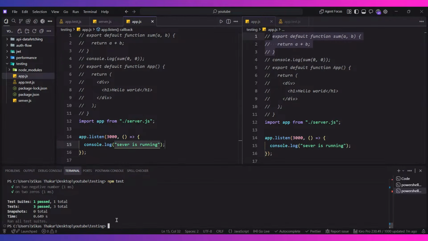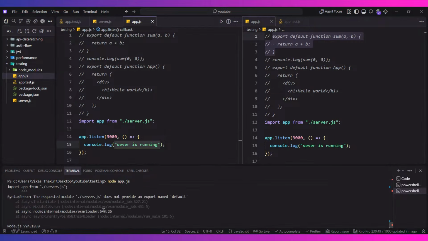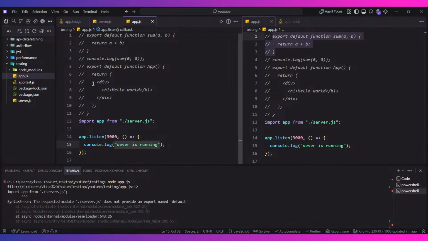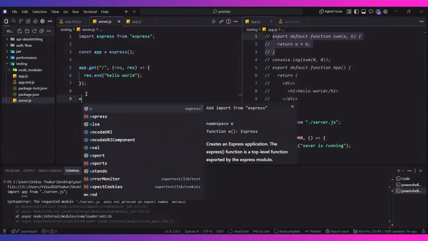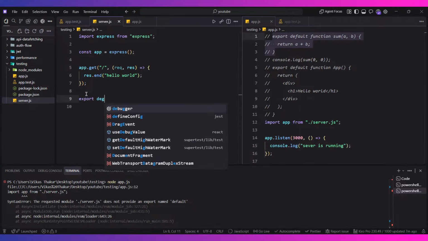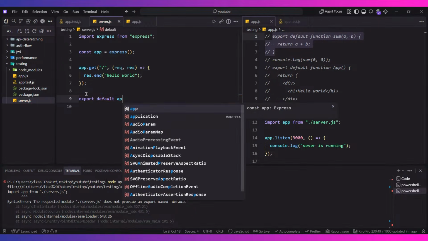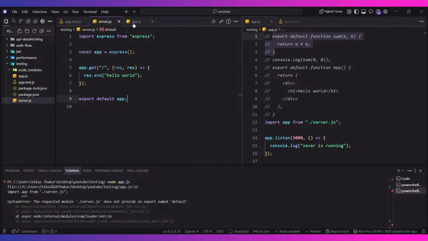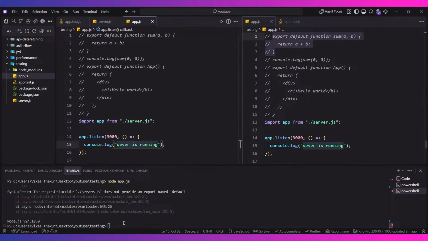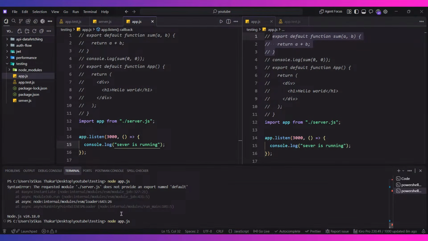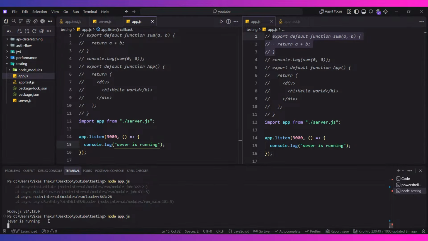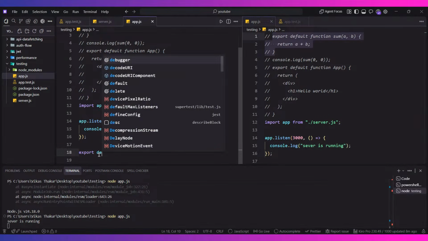नाउ प्रॉब्लम इज कि अगर मैं app.js को रन करूं फॉर यू गाइस, तो यू विल बी एबल टू से कि server.js को डिफॉल्ट एक्सपोर्ट नहीं मिला, तो काम करते हैं, सर्वर पे जाते हैं और export default app कर देते हैं, यहां से बस सिंपल। अब यहाँ पे आके फिर से इसको रन कर देते हैं, एक बार देखते हैं कि ये काम कर रहा है कि नहीं। तो आई विल से कि मेरा सर्वर काम कर रहा है एक्चुअली, और इसको भी मैं एक्सपोर्ट कर देता हूँ यहाँ से ताकि मैं उसको यूज कर पाऊं।